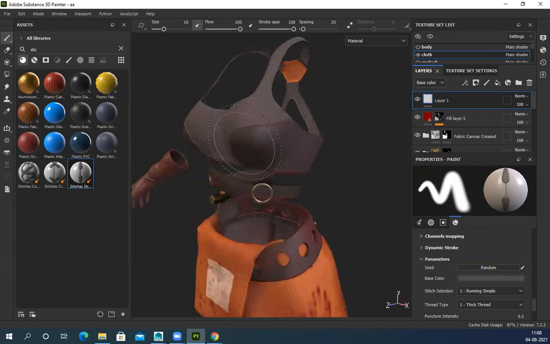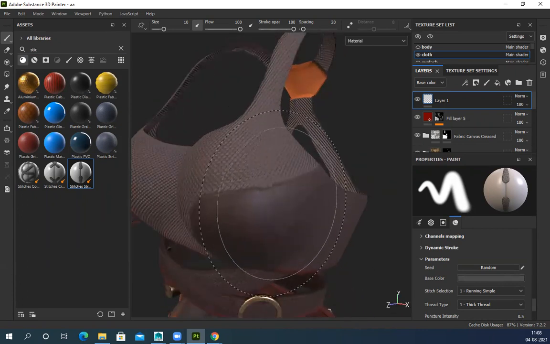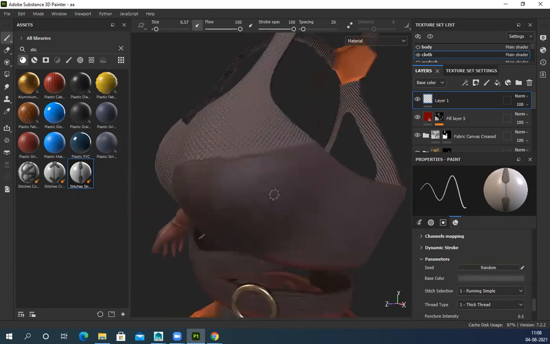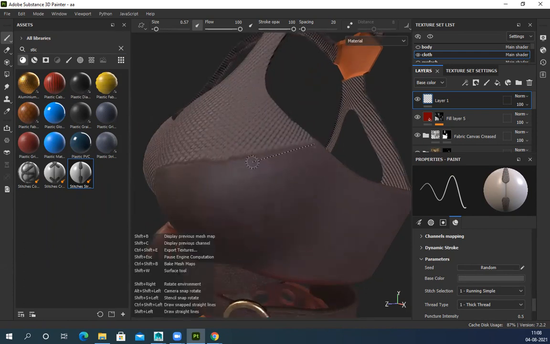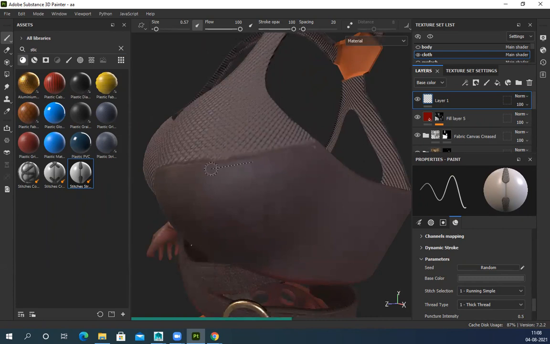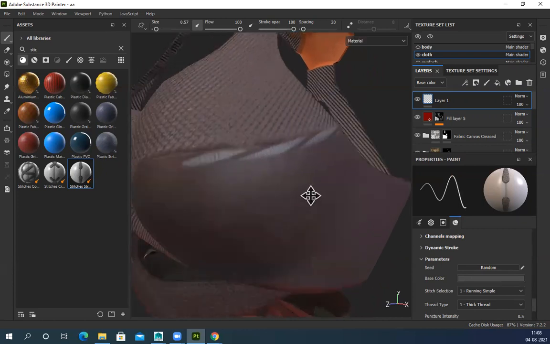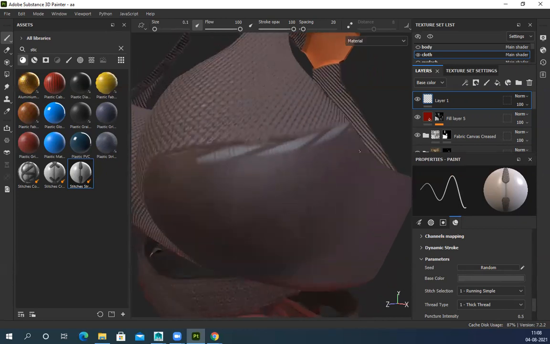Just change the color, and then, for some strange reason, only on this college system, I cannot see the brush around here, though at home I could see it. So click, and it's way too big. Let's see.